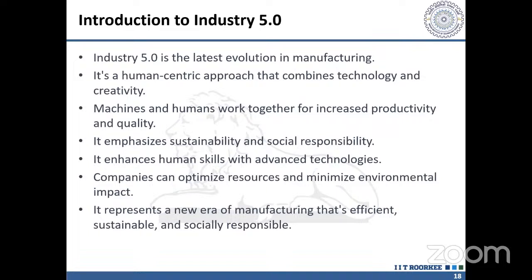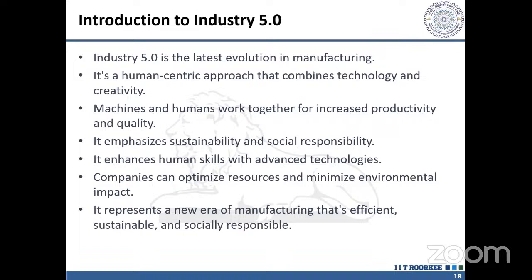This means that while machines and robots will continue to perform repetitive and routine tasks, human workers can also focus on work that requires higher level skills such as problem solving, decision making, and innovation. So overall, we can say Industry 5.0 is not just about increasing efficiency